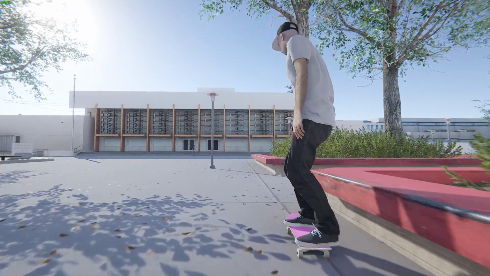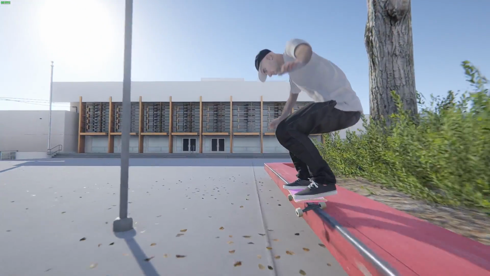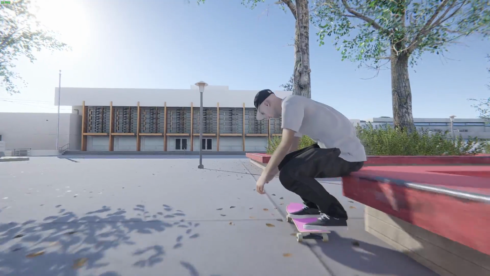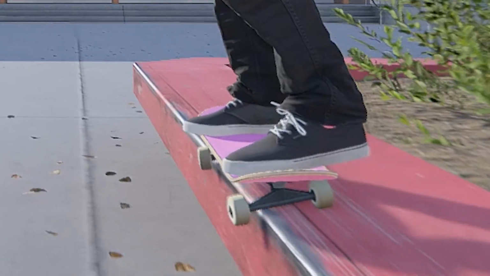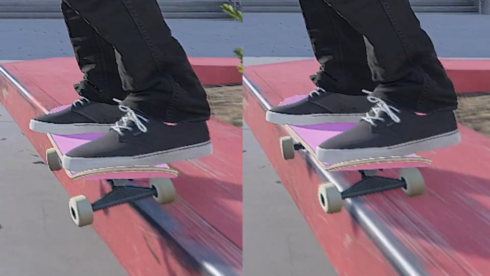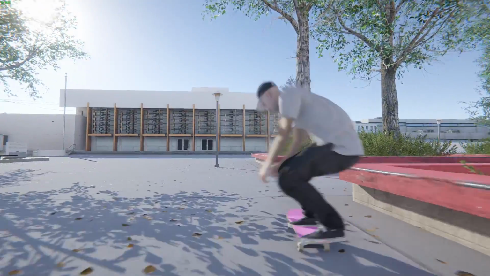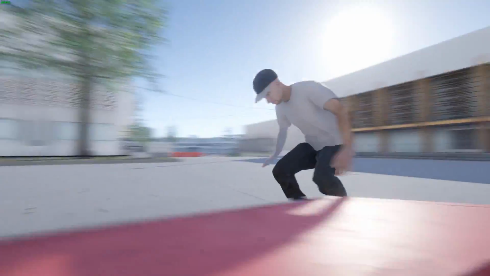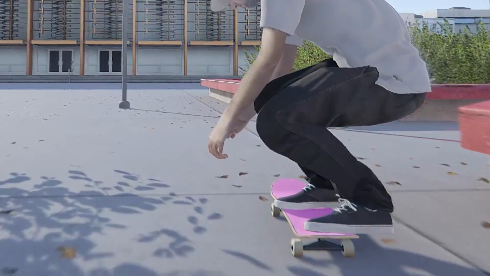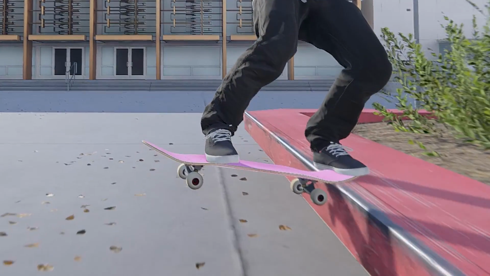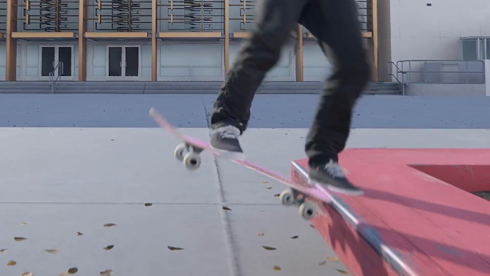If you want to do a grind or a slide in Session, you have to be very precise with that. As you can see here, I did two 50-50s, but they looked totally different because I landed on a different part of my truck. Now if I do a tail slide like this, you can see I actually land on my tail, but I still have to shift my weight onto my back foot so I can do a clean